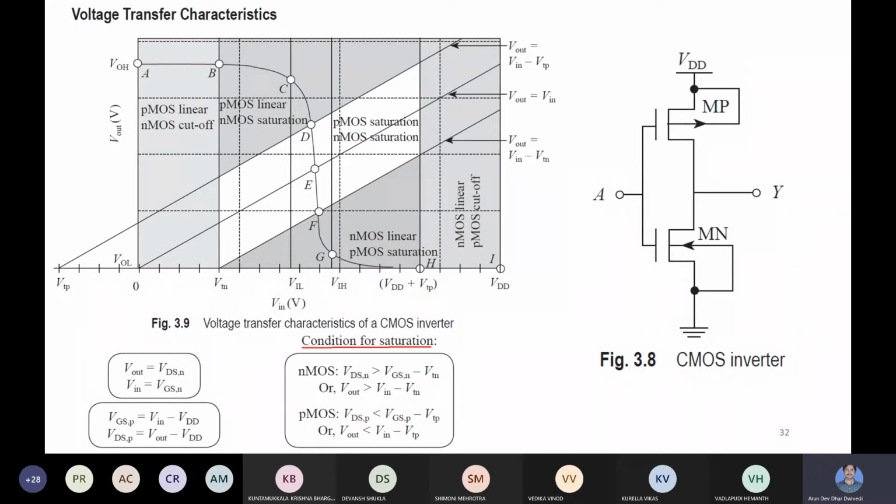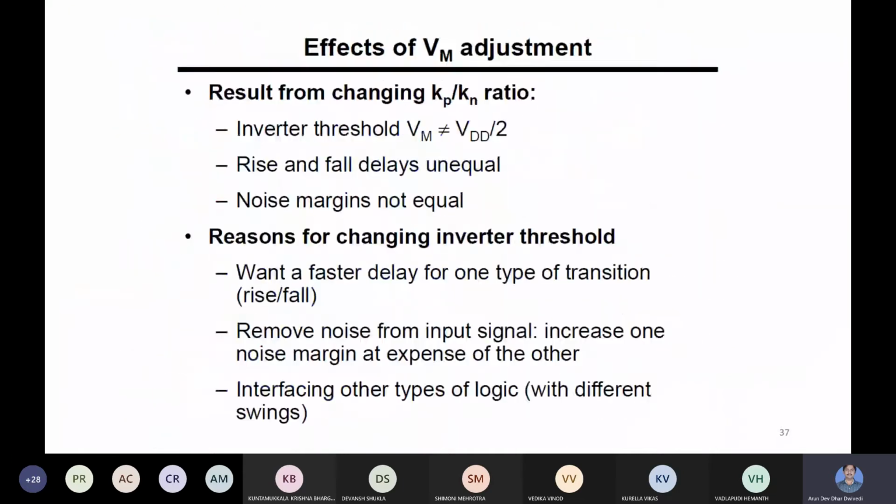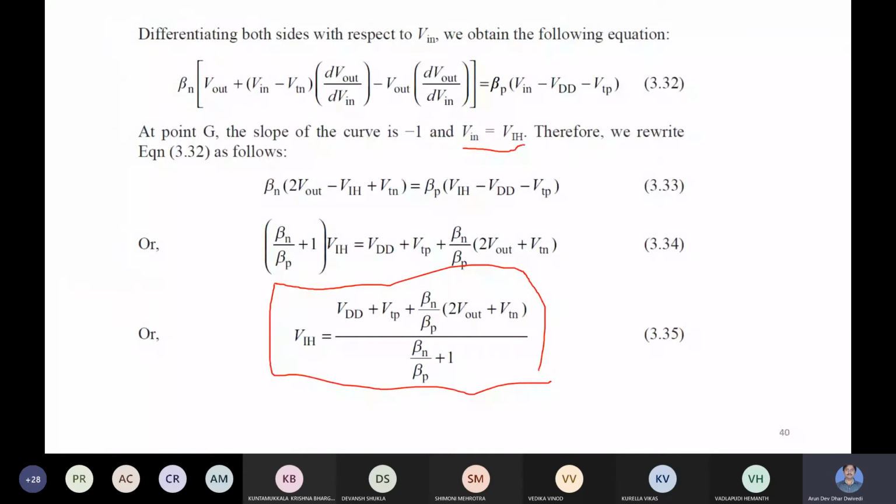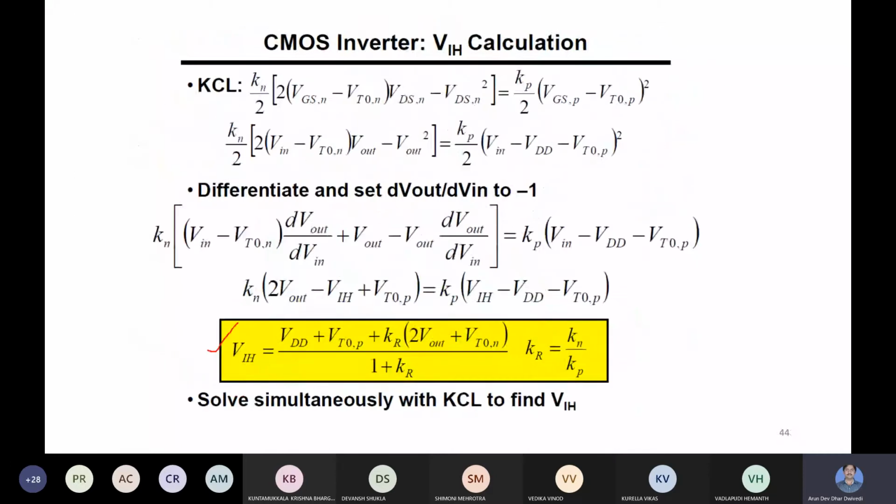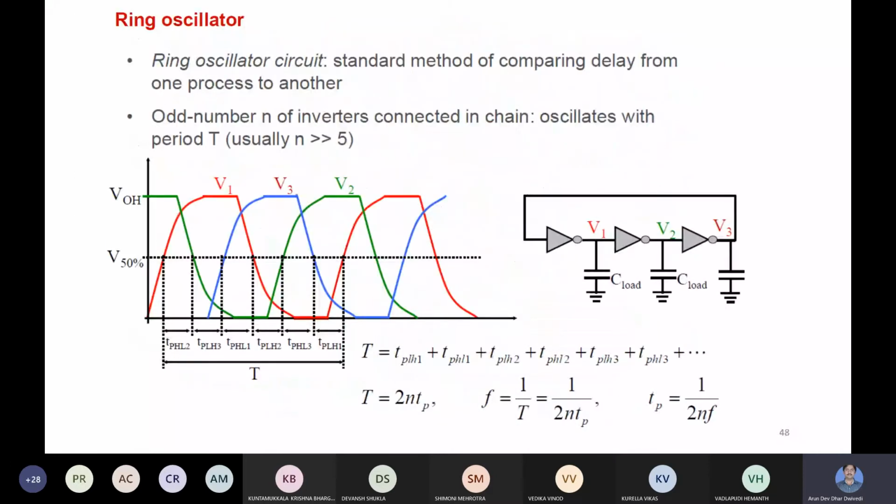So let us move to the other parts. Already all these things have been done, and these derivations I'm not going to give time to. Let us also discuss one more thing, because in the experiment also we have to do a ring oscillator. So what is the performance, how it performs, how its frequency can be calculated, that I am explaining.